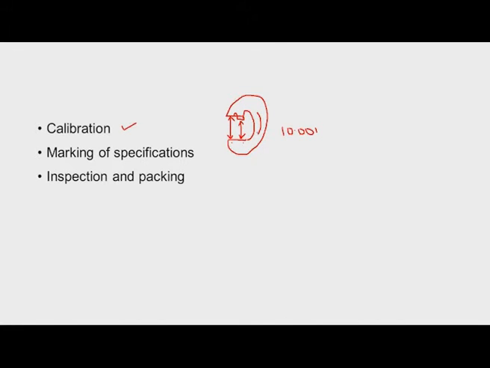is also marked on the gauge. And then final inspection should be carried out with respect to the marking of size of the gauges, and whether all the details are provided or not, what is the tolerance, and which side is go, which side is no go. All such things should be marked properly, and the inspection is carried out to check all those details, and finally they are packed.